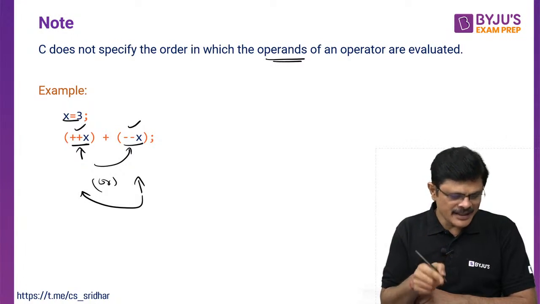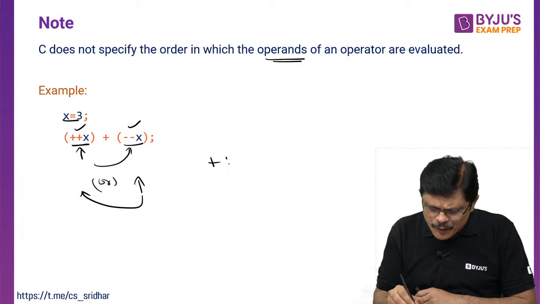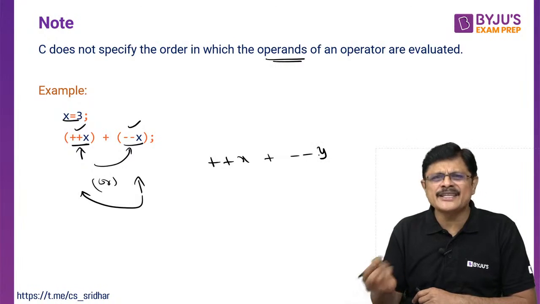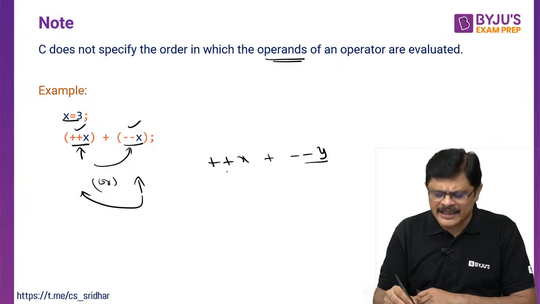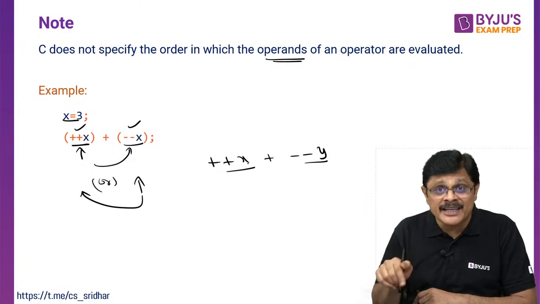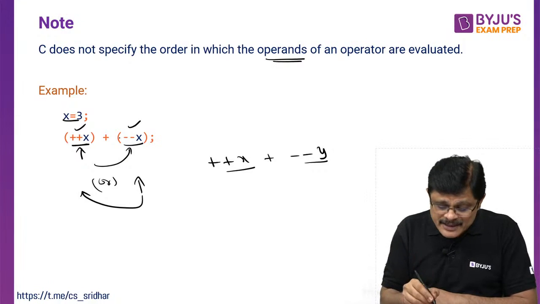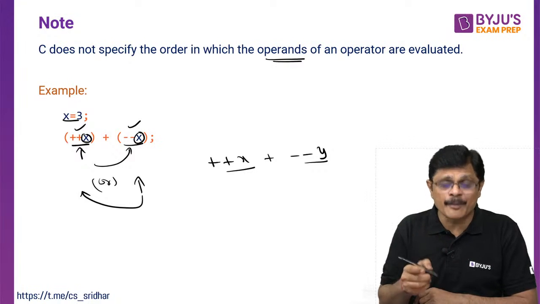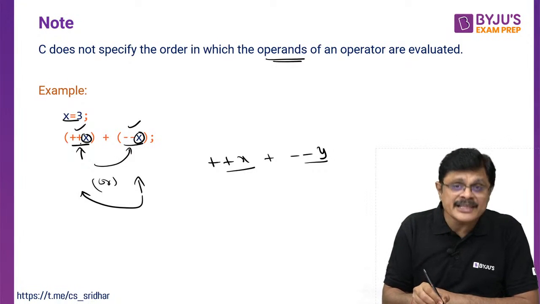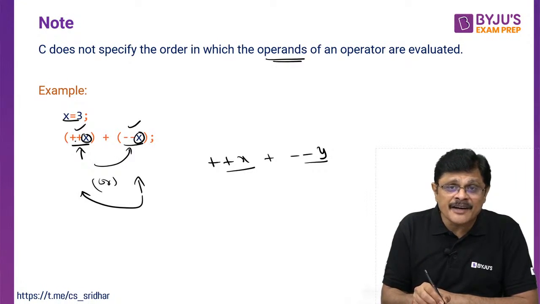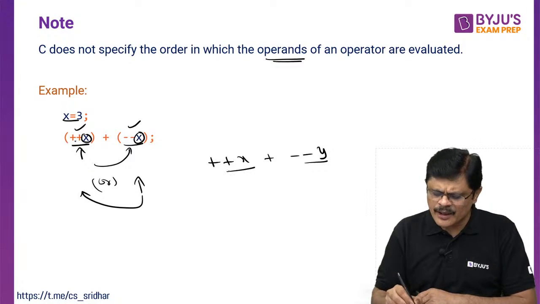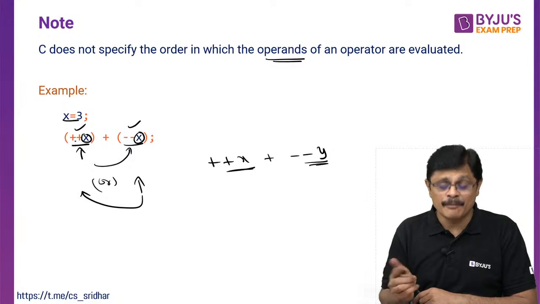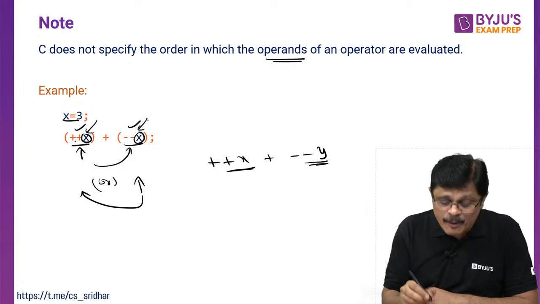Please be careful. See, actually when you do plus X plus minus Y, it is fine because first this gets evaluated, then this gets evaluated, no problem. But here the problem is with using the same variable. When you use the same variable, suppose it gets updated, then this will have a problem. If it gets updated first, then this gets the problem. Here, whichever gets updated first does not matter. That does not trouble you, my dear friends. But when you use the same variable, this problem will be more.